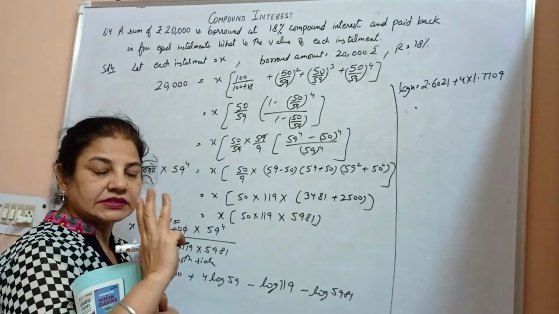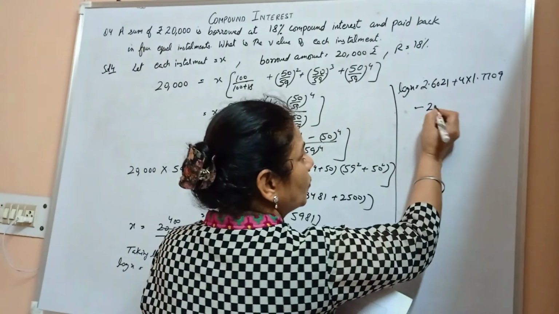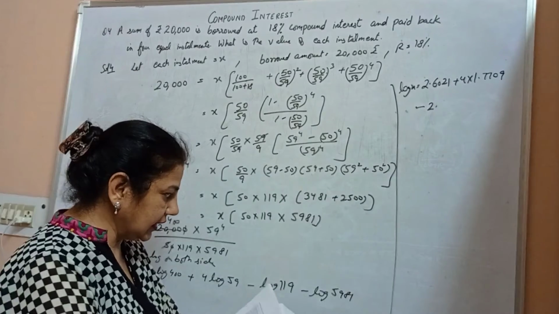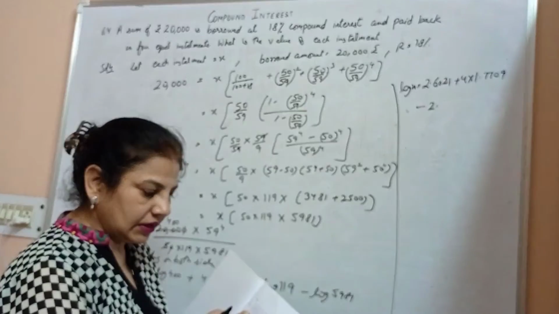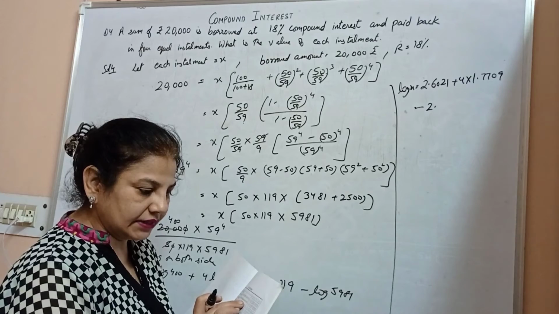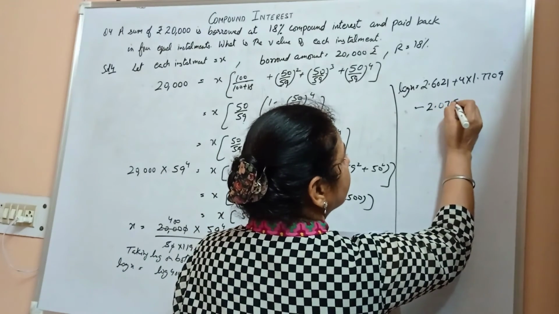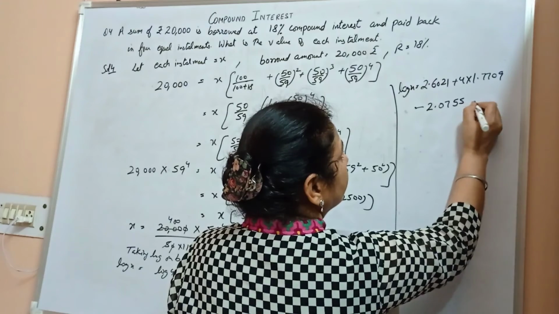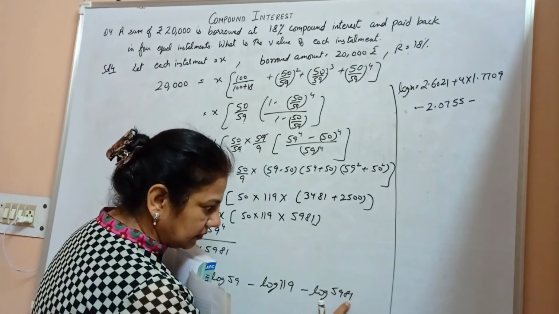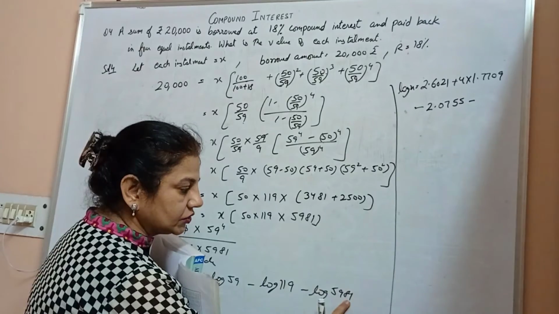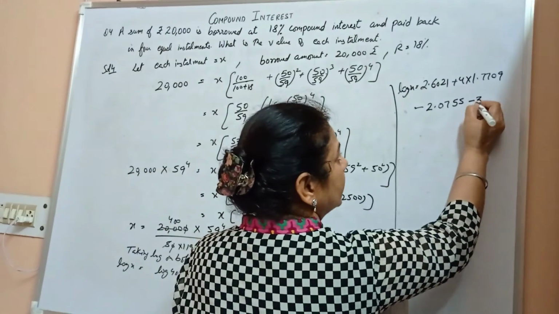Minus, there are 119. 119 means there are 3 digits, 3 minus 1, 2. So I will write minus 2.11 down to 9. So here I have log 11. I observe log 11 down to 9 is 0755. So I have 0755 minus 5981, which has 4 digits, 1, 2, 3, 4 digits. 4 minus 1, 3. Characteristics is 3. So I will write 3 point.